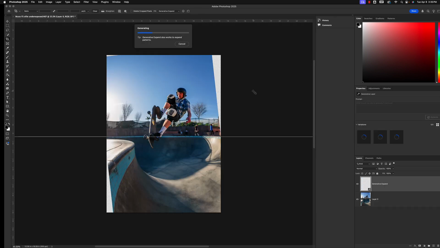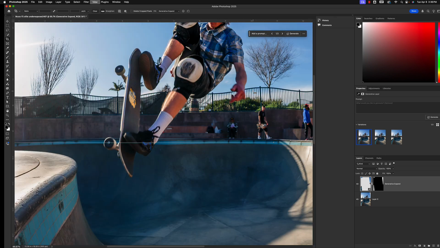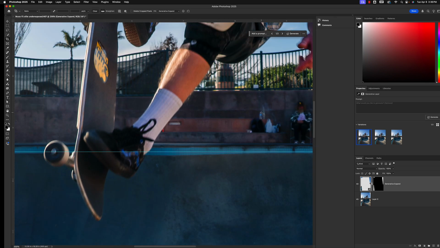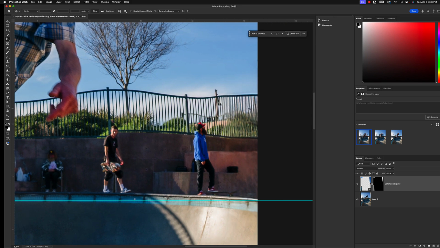And there you can see that it is expanding. And it appears to be doing, well, doesn't appear to be doing anything yet. We'll see how it looks. Okay, so whenever you do a generative expand, take a minute and zoom in and decide whether or not you can live with that. Okay, so obviously recreating a chain or a wrought iron fence is not something that is